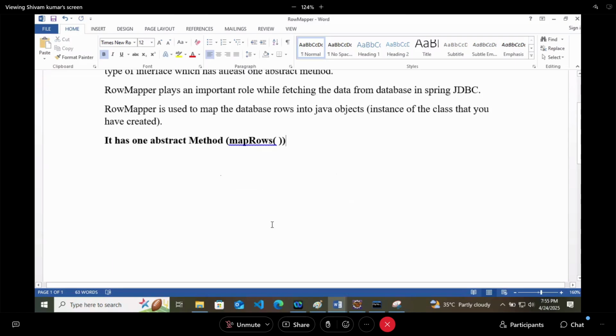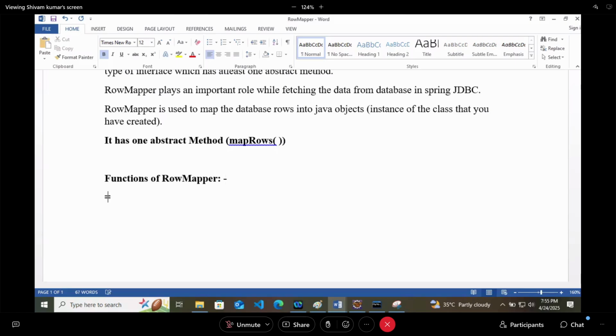Now what are the core duties, or you can say functions, of row mapper?